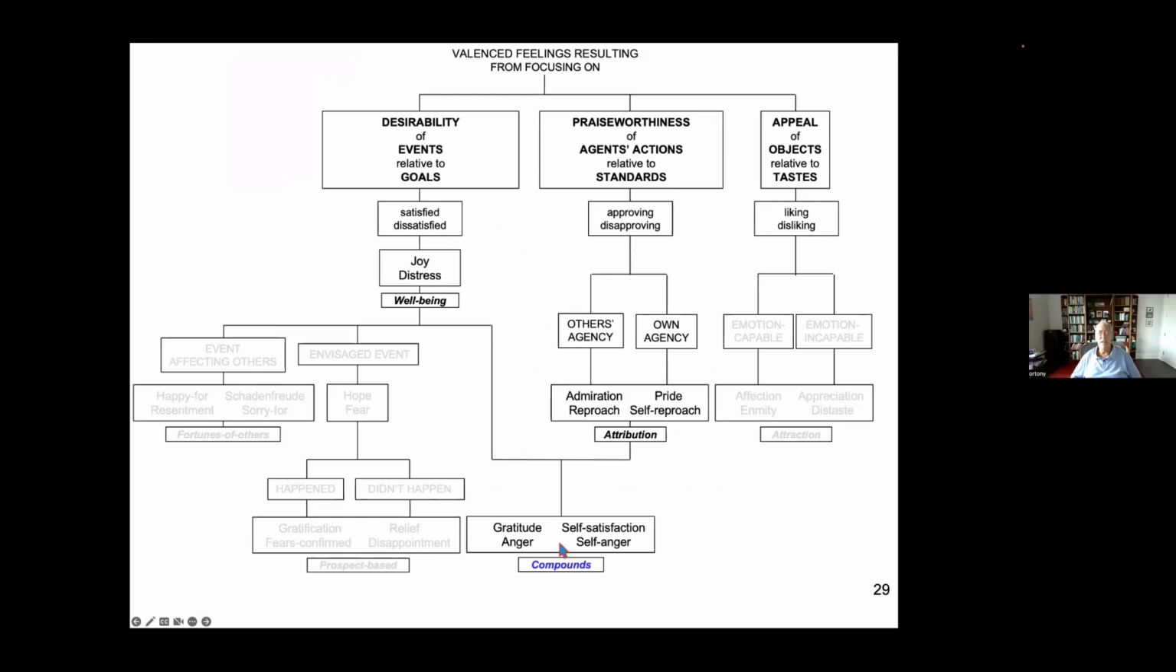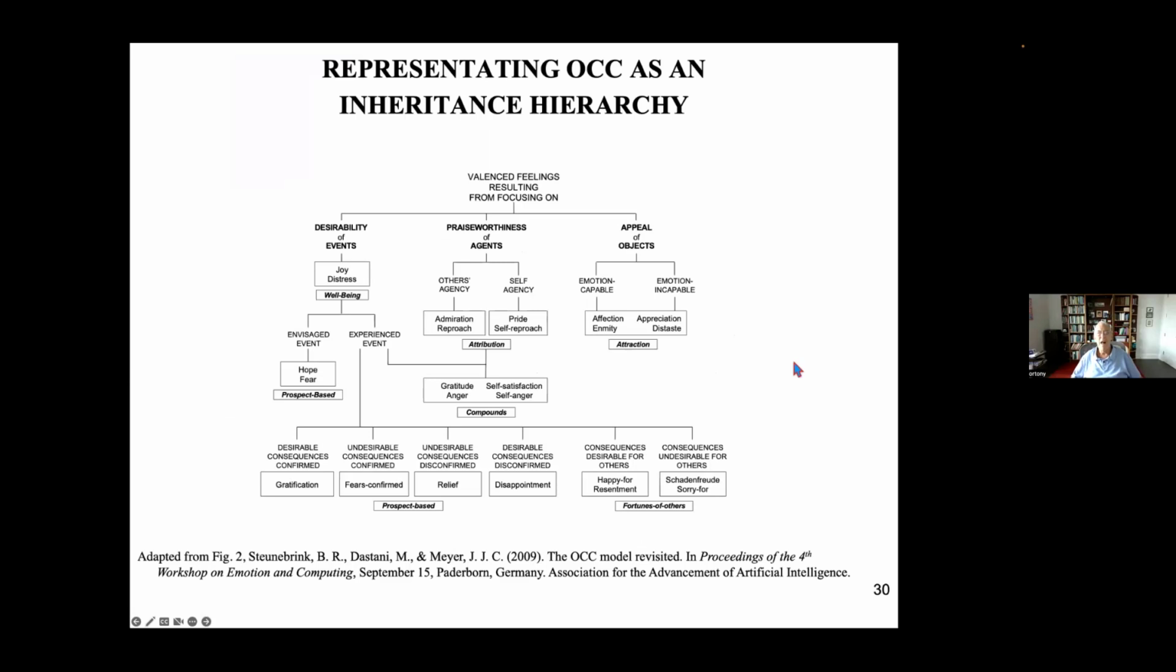So this gives you the overall structure, slightly different from OCC 1, because the envisaged events are different, and this is different. Compound emotions we also have, which I don't have time to go into, but are the union, if you like, of these two branches. Just very quickly,